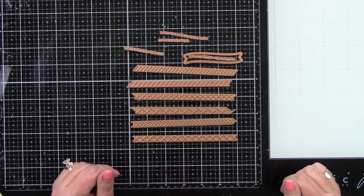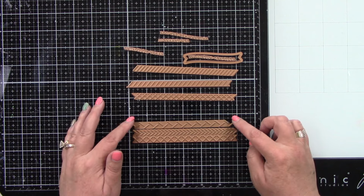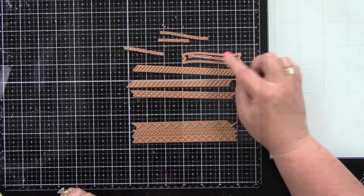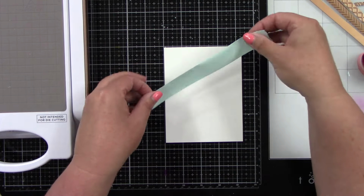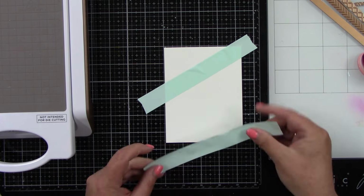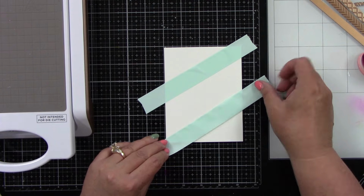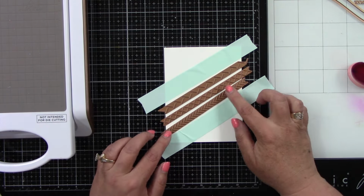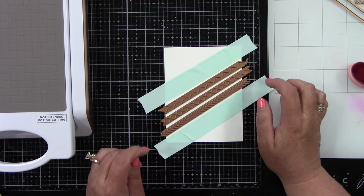You have all these fun stitching lines. You have a few sentiments. So those are the 3 stitches that I'm going to be using on our first card. So I have my Glimmer Hot Foil system getting nice and hot. I have a piece of Simon Says Stamp 120-pound cardstock. I like to use this when foiling, and I'm going to line up my 3 stitches,